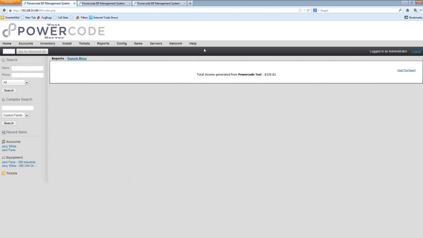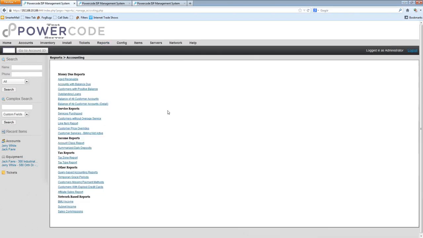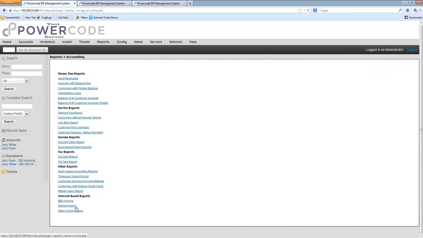And again, like with all of our other reports, you can have that information emailed to you. So if you have multiple BMUs, you can look at which one generates the most income, and just have that information at your fingertips. And on the same token, you may want to dig down deeper and see how much income is being generated by each subnet. I don't actually have a live subnet on here, but if you did, simply select subnet income, and then select the subnet, and you'll see which subnet is generating the most income.